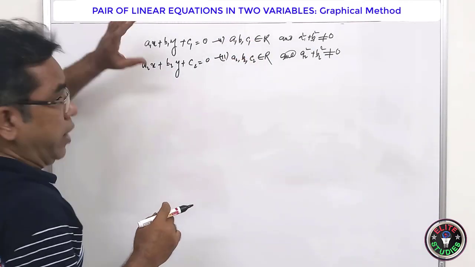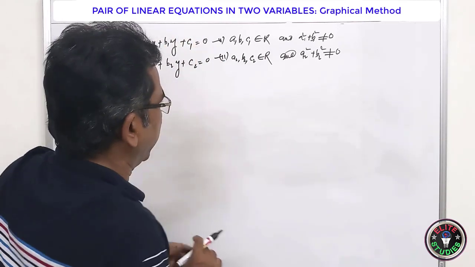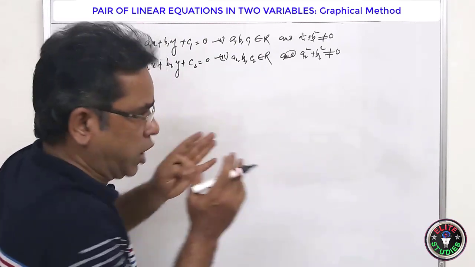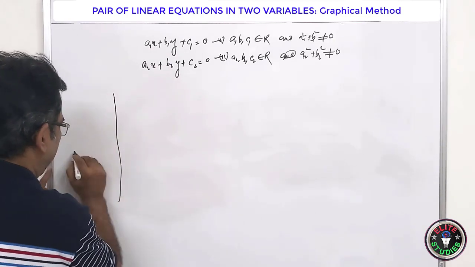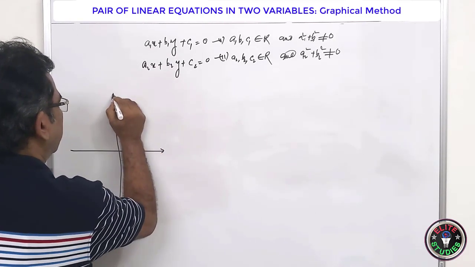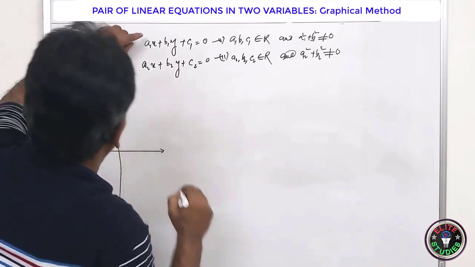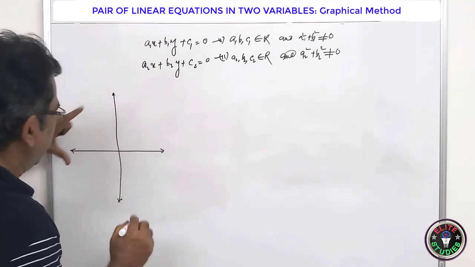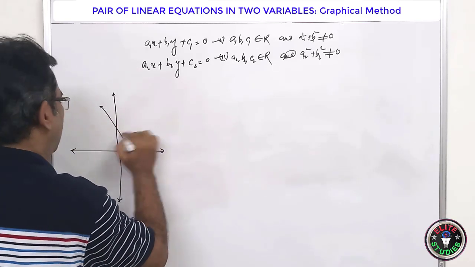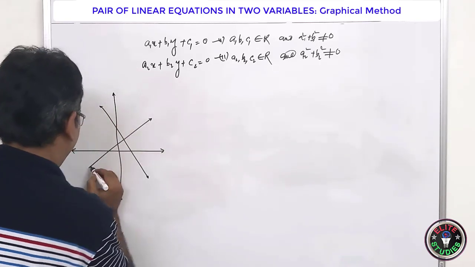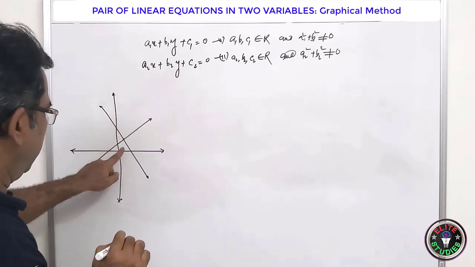Now, I will again repeat, since these are linear equations, the graph will be a straight line. This graph will also be a straight line. Now if there are two straight lines, they are definitely going to lie on a plane. This is the Cartesian plane. If you plot these two straight lines, there are possible ways. The two straight lines may be intersecting, as we have seen in the previous example. It may be intersecting at a particular point, or